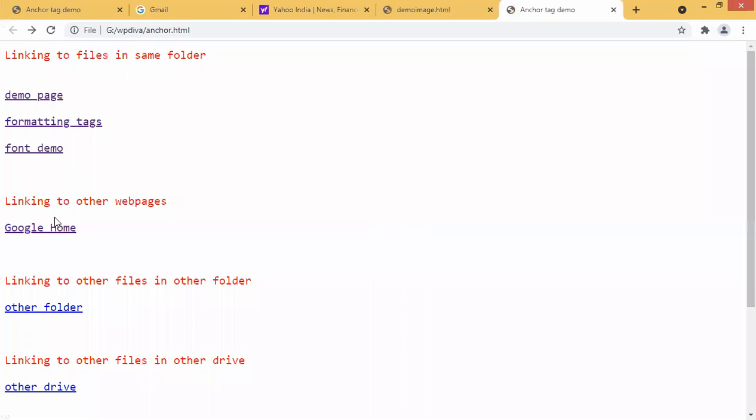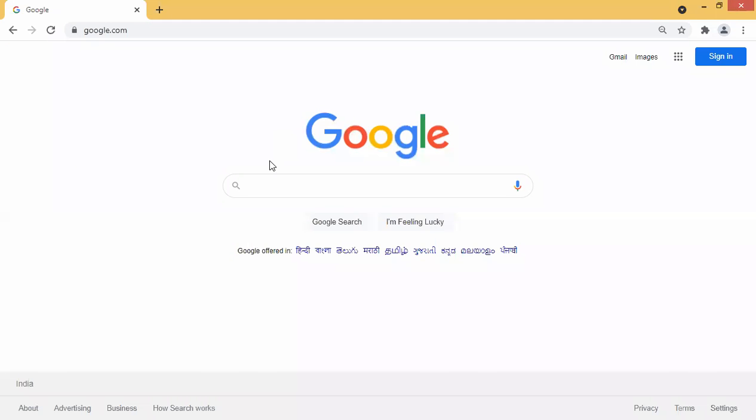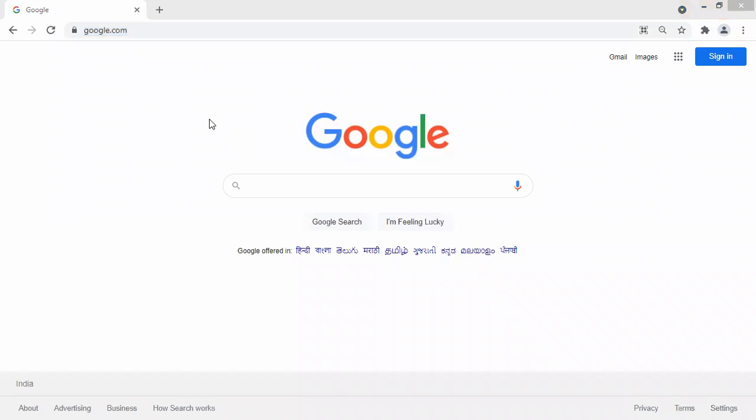So if I go to the code here, see, linking to other web pages, that is what we gave, an address of what here, Google, isn't it? So when we link to different web pages, how is it executed? See, when I click on Google Home, automatically what will happen, it will open Google. Are you getting that? Is it clear? Yes. So in this way, you can give addresses to so many different websites also. You can copy the address and paste the address here.